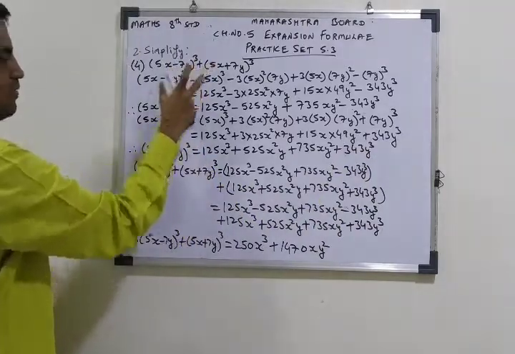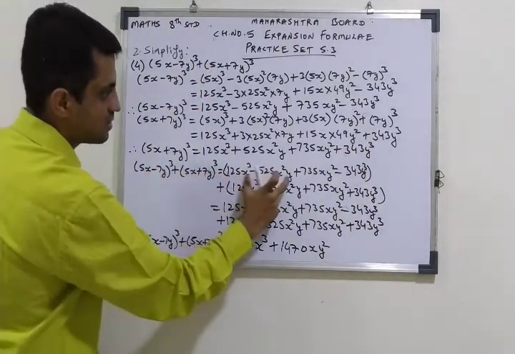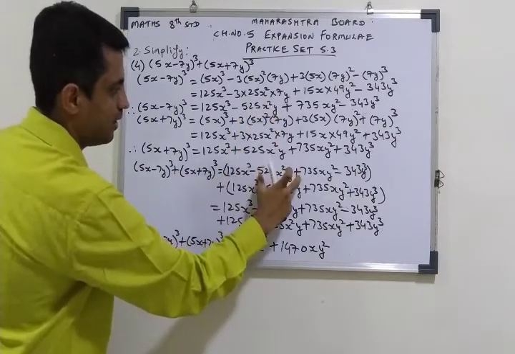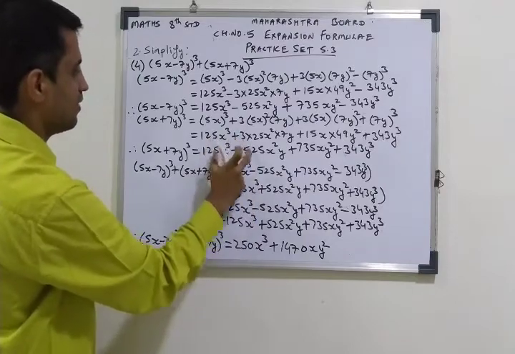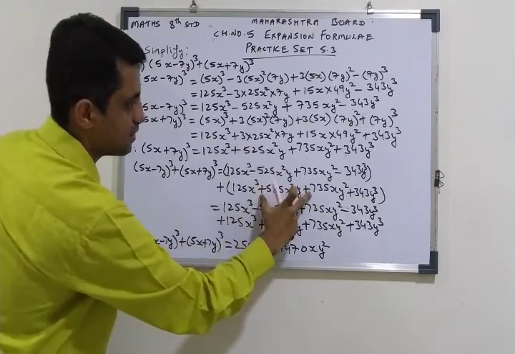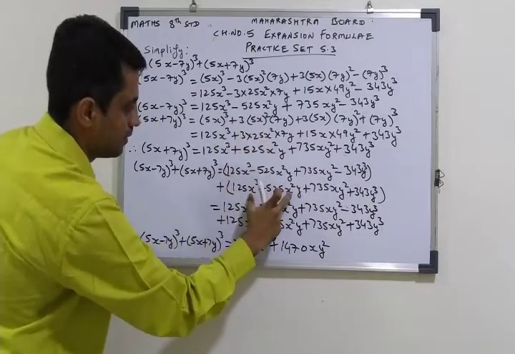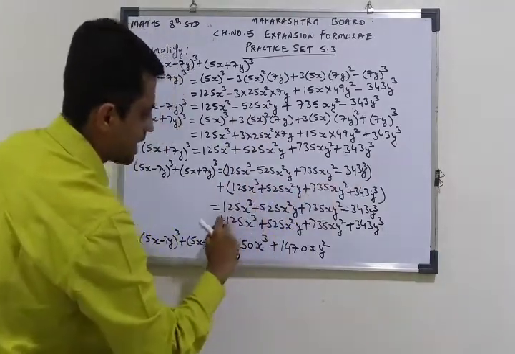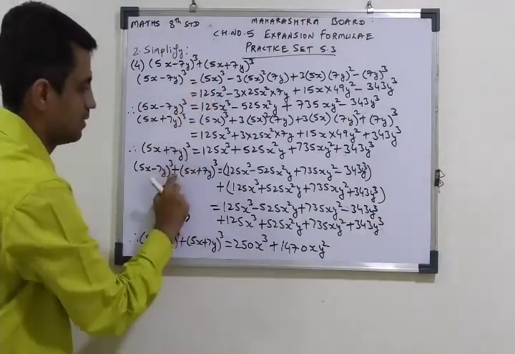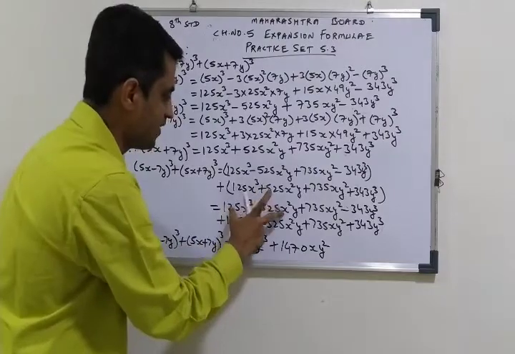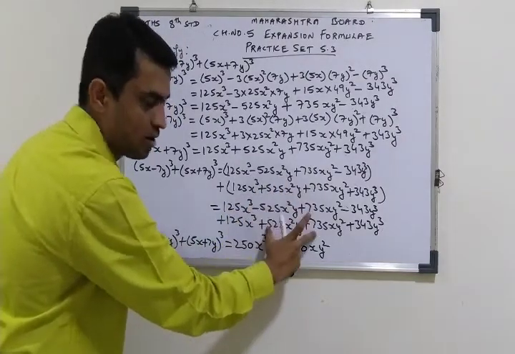Now this question we had copied down here is equal to. Now the value of this we got from here, so we copied here, plus the value of this we already got here, so we had copied this here. Is it clear? So we have copied the value from the above part. Now open the bracket, but the signs are not going to change, because the minus is not there, plus is there. The sign will not change. The first bracket, the sign is not changing. The second bracket will also be as it is, you will copy down.